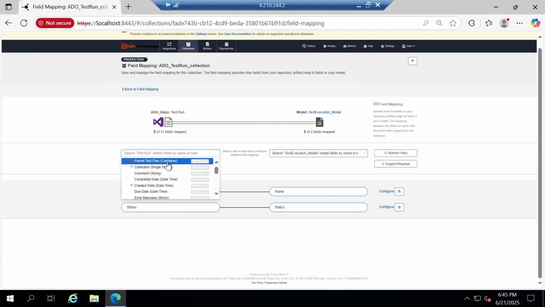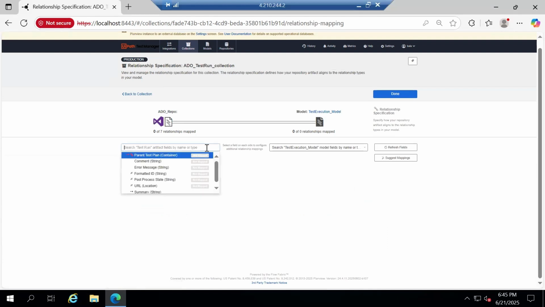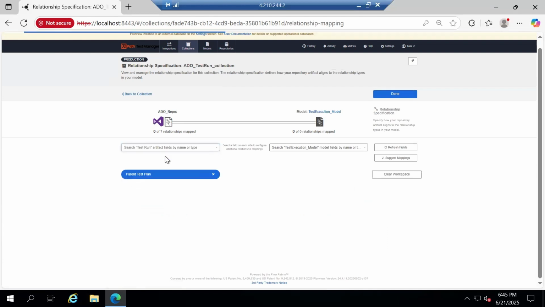So this is a parent test plan. The use of the parent test plan is if I execute this particular test execution where it has to render in ADO, it has to be rendered under some test plan. So that's why we do require that particular test plan needs to be mapped. Okay, back to configure relationship in this parent test plan